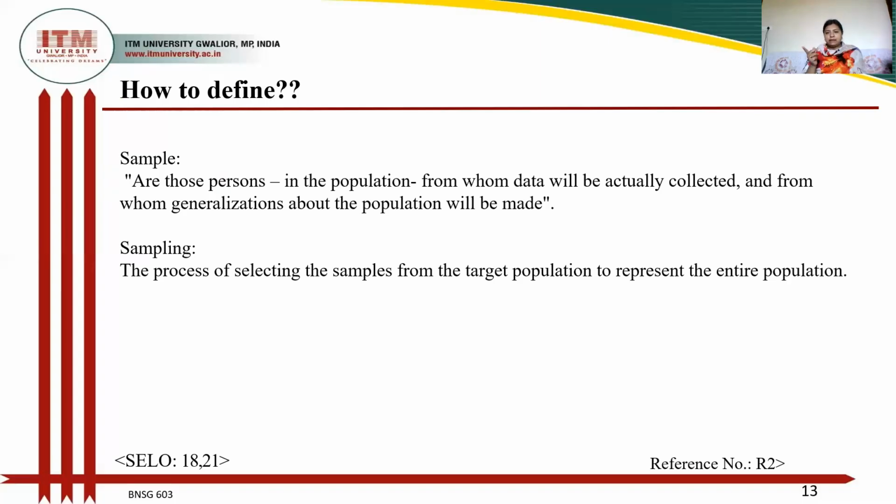Then sampling, the process of selecting the samples from the target population to represent the entire population is called as what, sampling। मतलब try to understand the differences between the sample and the sampling। एक बड़ा सर्कल है, बड़ा सर्कल के अंदर जो